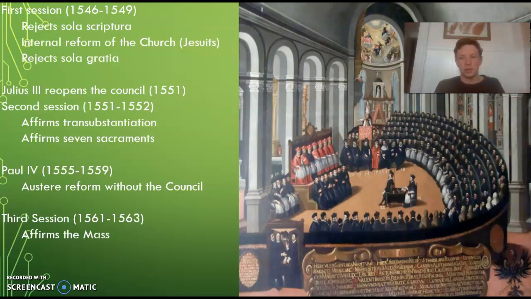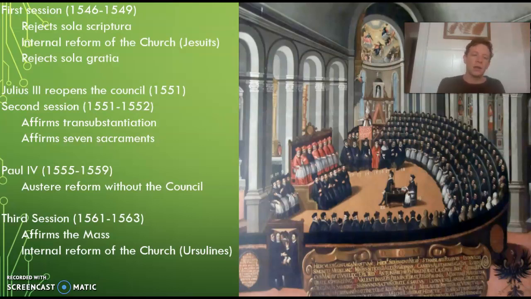And we just want to have sort of national Catholic churches. We'll have a French Catholic Church, a Spanish Catholic Church, and they'll believe the same teachings, but they won't be governed by the supernatural authority of the papacy. And the third session of the Council of Trent rejects that. This session of the Council continues to promote the internal reform of the Church, the construction of seminaries for dioceses,